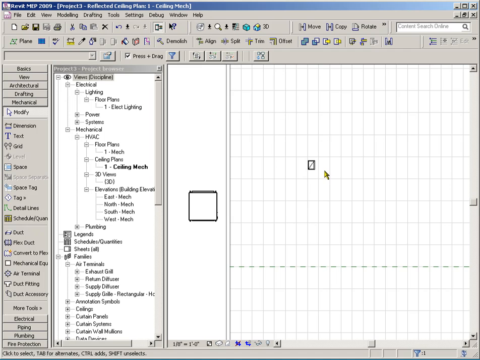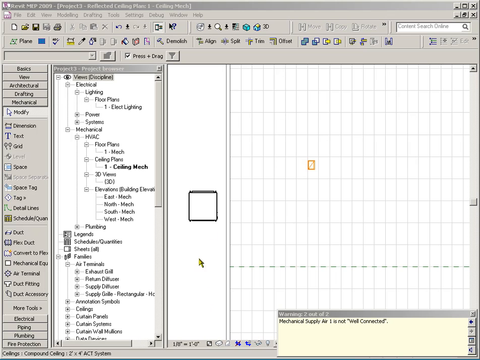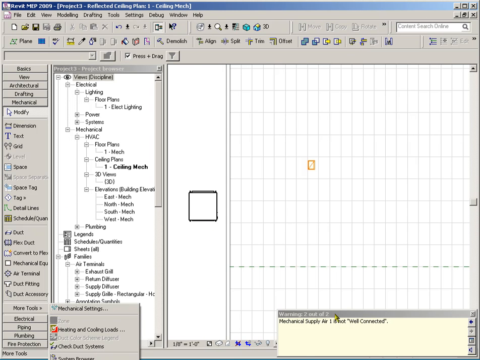Now you know you've got a system if you hover your cursor over your diffuser and hit the tab key twice. Alright, so what I did was I went to more tools and said check duct systems, and warning 2 says mechanical